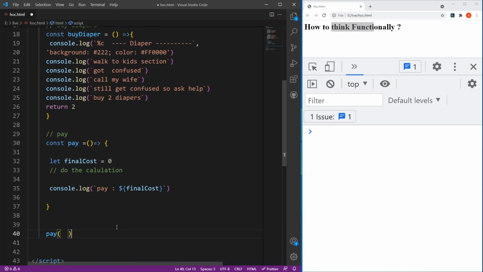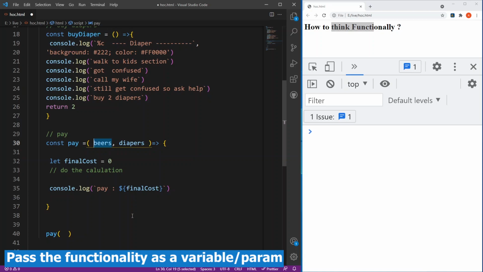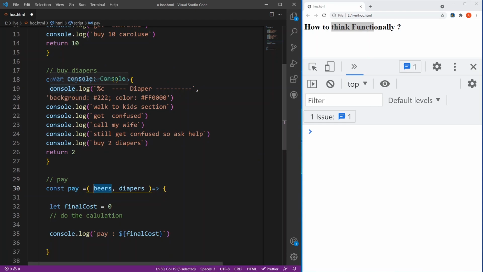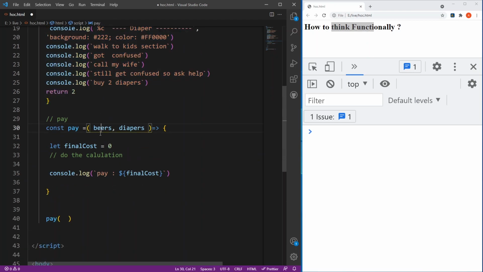But we don't have that luxury. We cannot think in terms of objects. We have to think in terms of pure functionality. To do that, what if I could say, okay, give me some beers, give me some diapers here, right? What I would do is, if I could pass over here in these variables slash parameters, not the value, but the actual functionality of the beers and the diapers, right? The actual, this whole code somehow, if I could pass that over here, then I can do